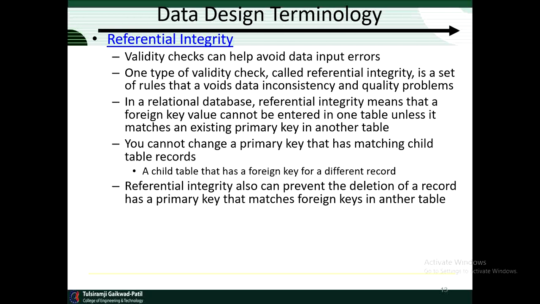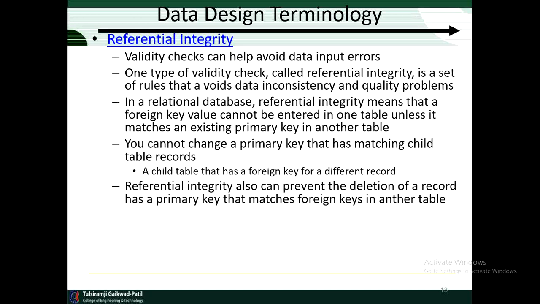Then what is referential integrity in the data design terminology of the database management system? Validity checks can help avoid input errors. One type of validity check called referential integrity is a set of rules that avoid data inconsistency and quality problems.